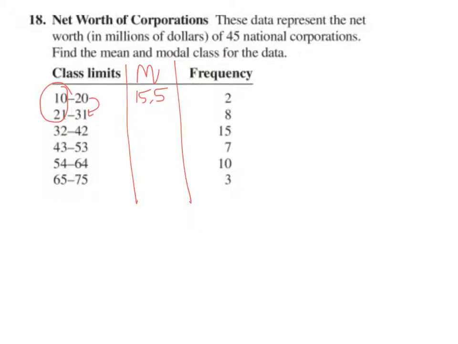So once you figure out the first one, you just add whatever that width is. If you notice that each one of these are going up by 11, the midpoints all have to go up by 11 too. So just add 11 to each one, and you can very quickly write down. Now don't always add 11, add the width. Obviously if the width is 4, you add 4 to each one. If the width is 7, you add 7. In this case, the width is 11, so I'm going to add 11 to each one